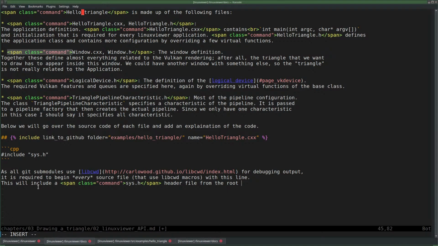It will include a sys.h header file from the root of the project. That exists. Otherwise,